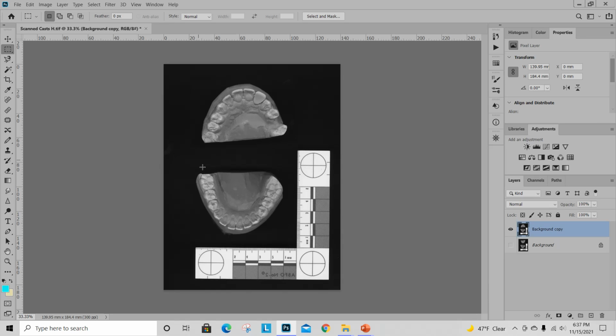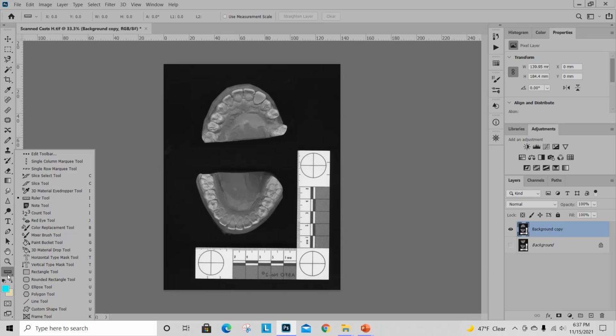And then kind of the last thing that I just generally always do is we want to make sure that this background is completely solid black all the way around. There's no white smudges or anything like that happening back here because that'll make your life miserable when you start actually doing overlays. So basically we just want to make sure that this background is in fact completely black all the way around. And the way that we do that is we get our paint bucket tool, which mine is